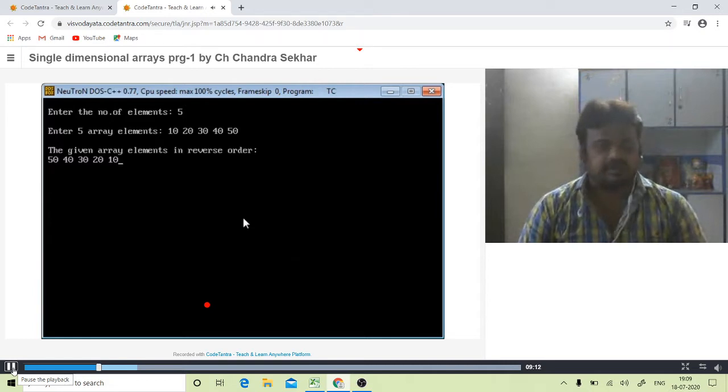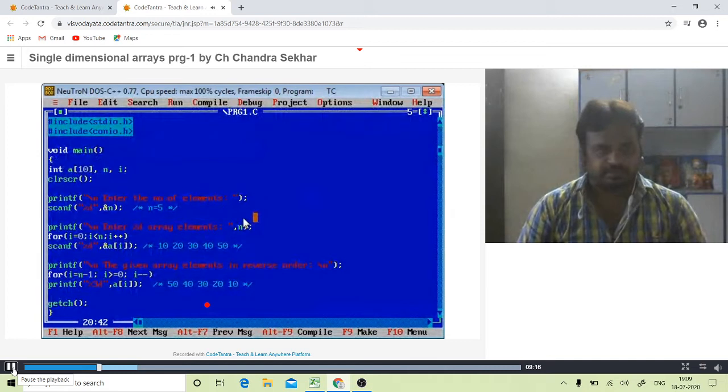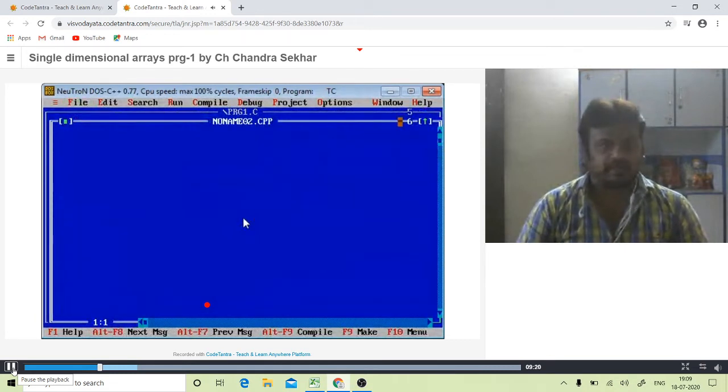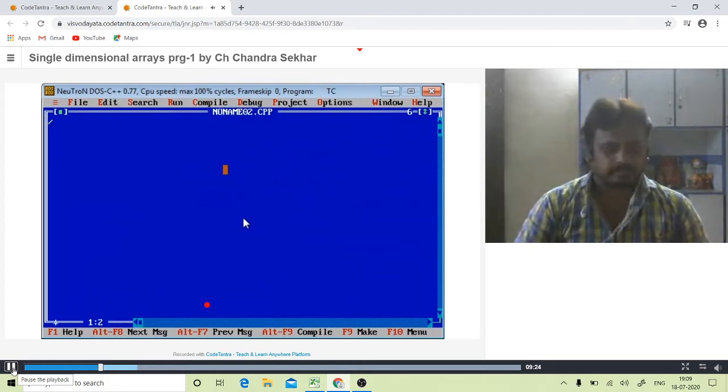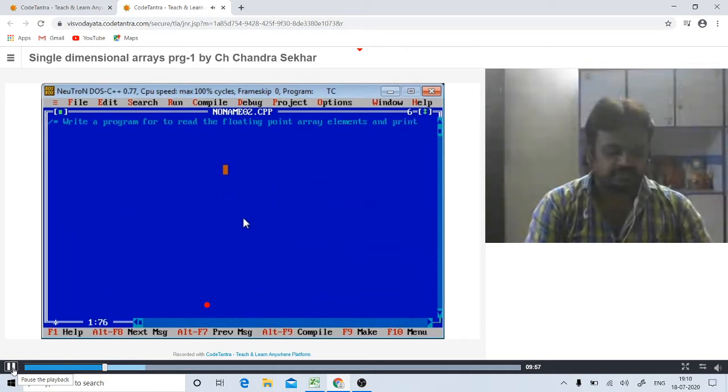Okay, so now let's see the second program. The second program title is: write a program to read the floating point array elements and print the sum of those floating point array elements.